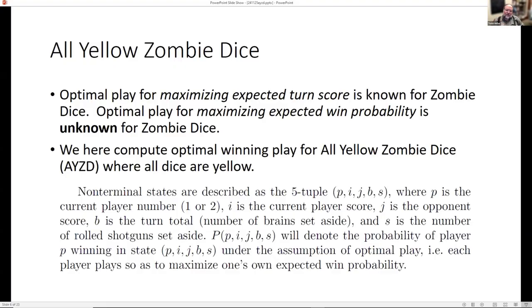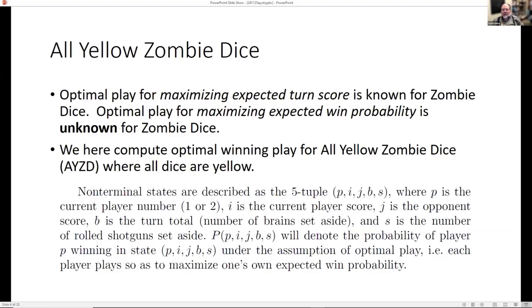This is the first foray into analyzing maximal winning play. There is prior work for zombie dice in maximizing expected turn score per turn, but optimizing score is not the same as optimizing winning. And so in this particular way of representing the game, we have non-terminal states represented as